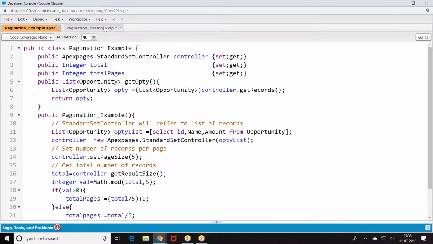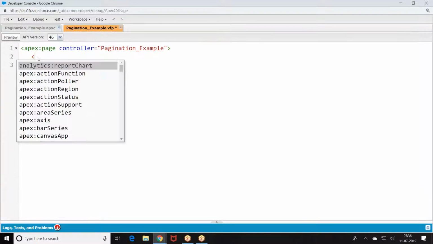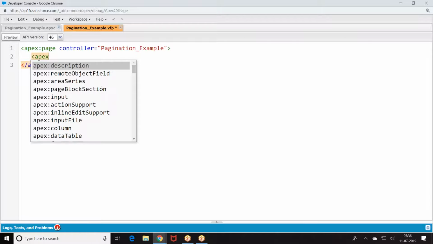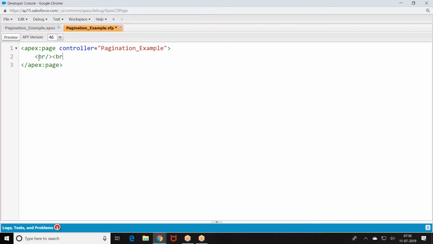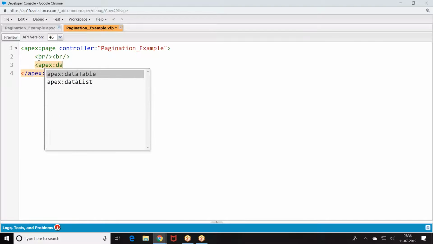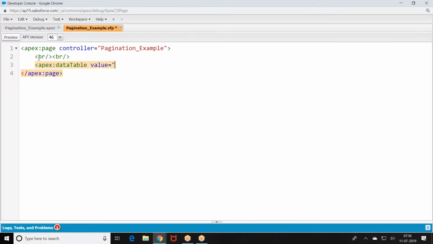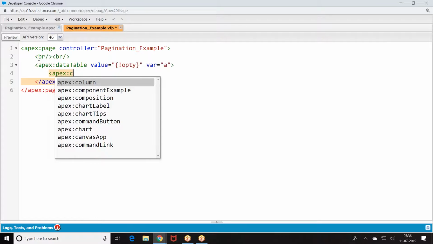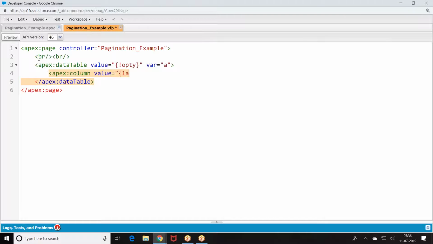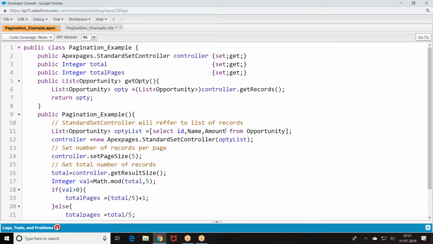Okay. Let me go back to the page. I'm trying to show the list of records. Data table, opti. Name, amount.